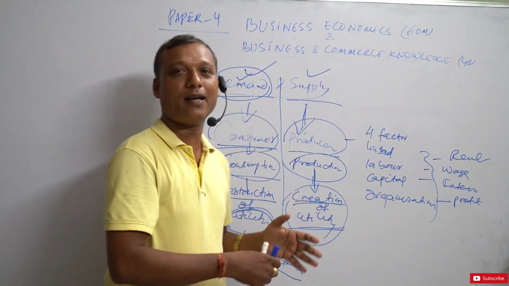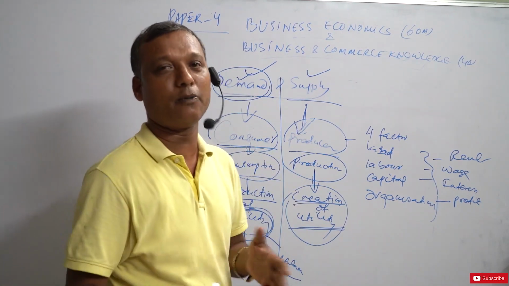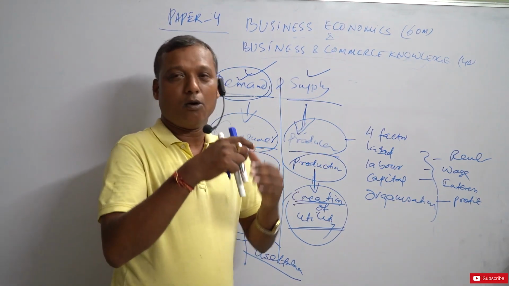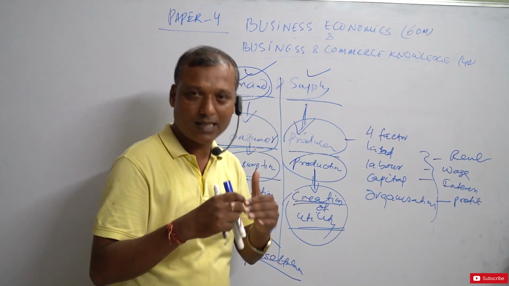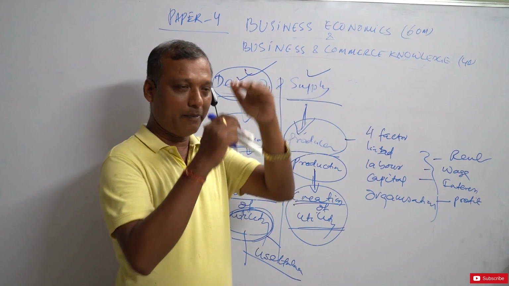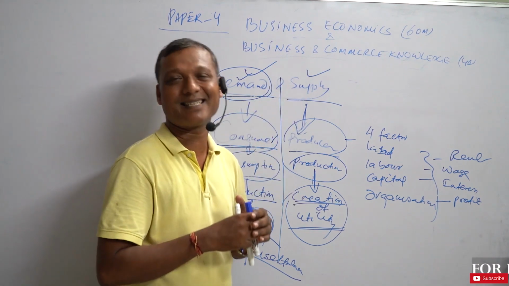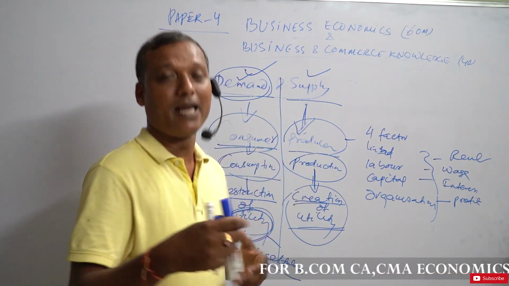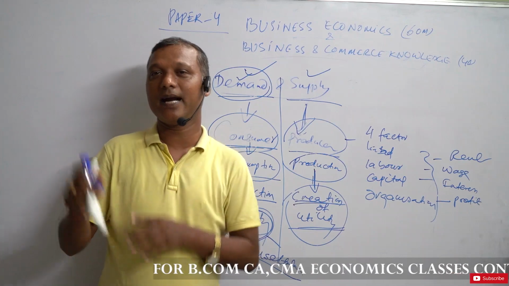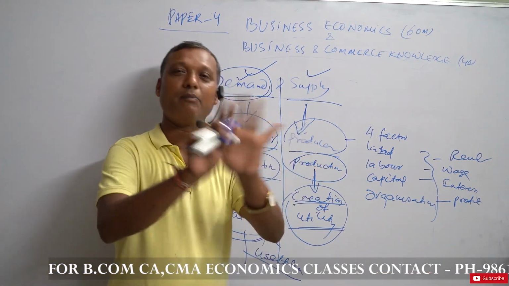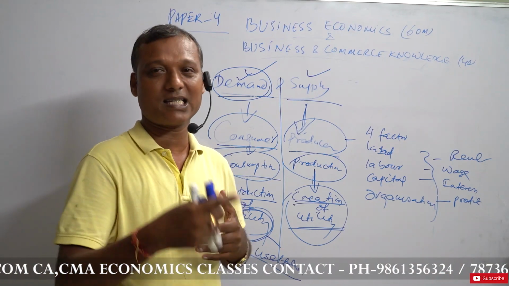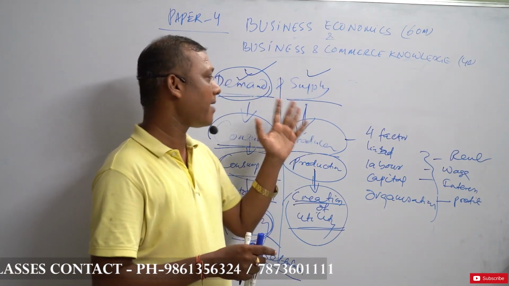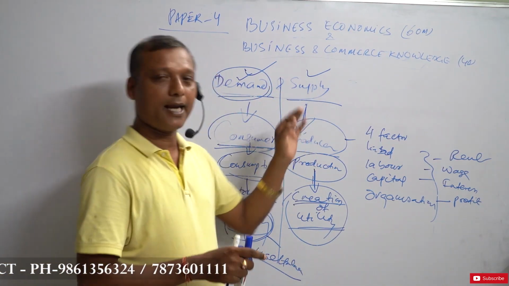And actually, what happens in this? We will go for a compromise. We will go for a negotiation. The consumers and producers go for a compromise, go for a negotiation. As a consumer, we have to go down. As a producer, they have to go up. And in between, we will fix an equilibrium price. That is called the negotiating price, where the market takes place. If the consumer sticks to his price, and if the producer sticks to his price, there will be no market at all. At last, finally, we go to the price where we compromise the demand and supply. That is called equilibrium price.